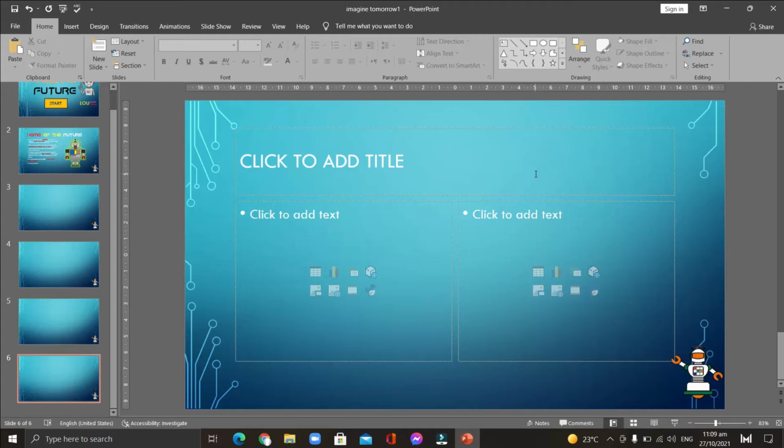That's assignment number 9. You're not going to add more slides. I just added slides 3, 4, 5, and 6 to show you how assignment number 8 is applied, and